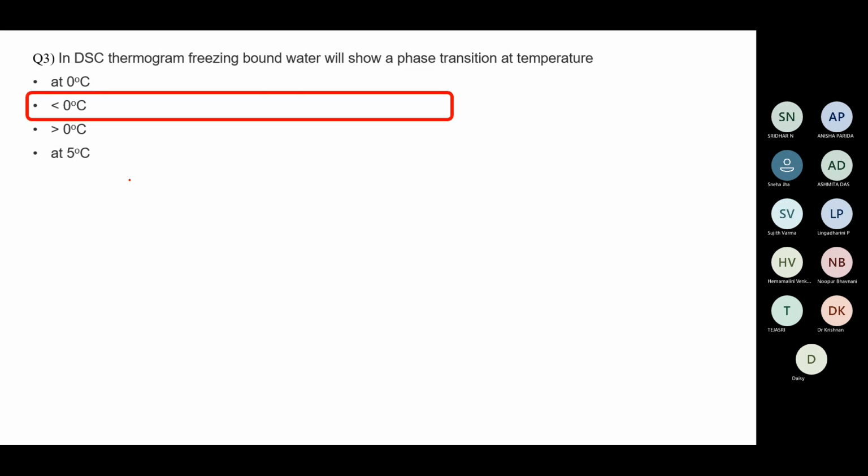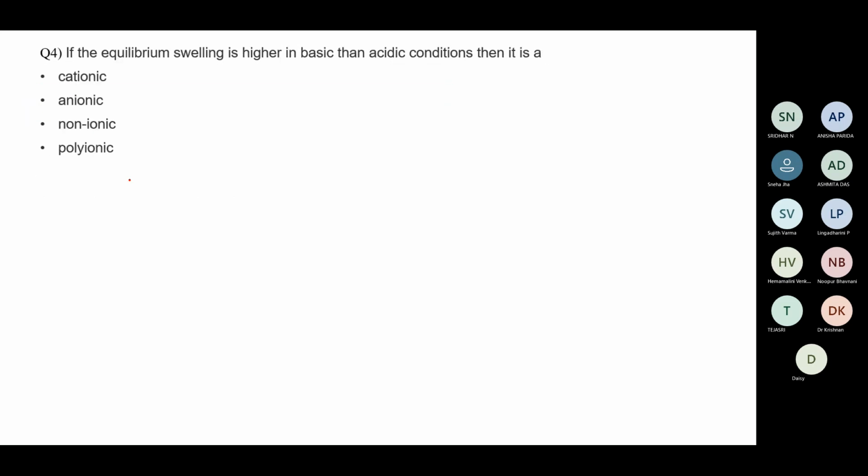So the correct answer is less than 0 degrees centigrade. The transition of freezing bound water occurring in the DSC thermogram is lower than 0 degrees. Moving to the next question. If equilibrium swelling is higher in basic than acidic condition, then it is a